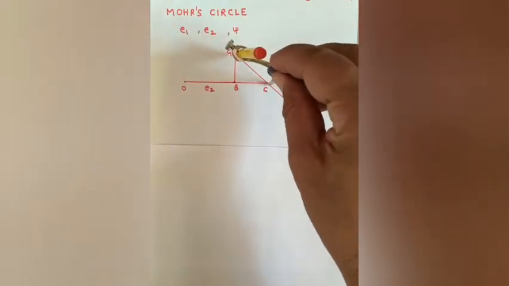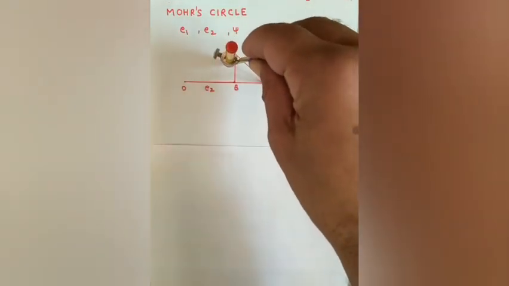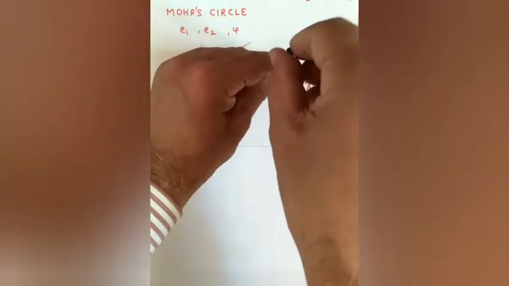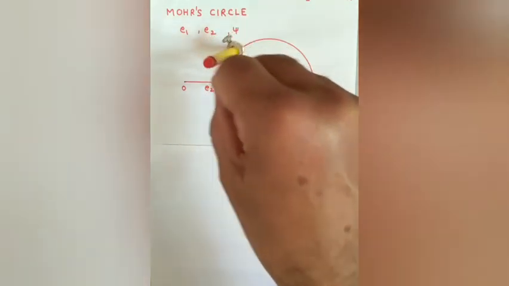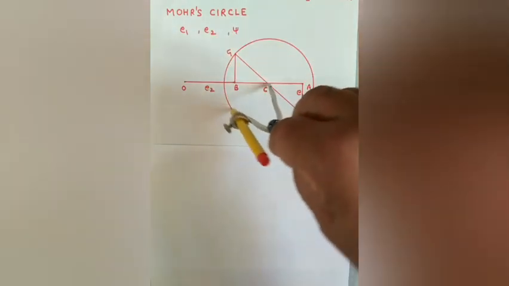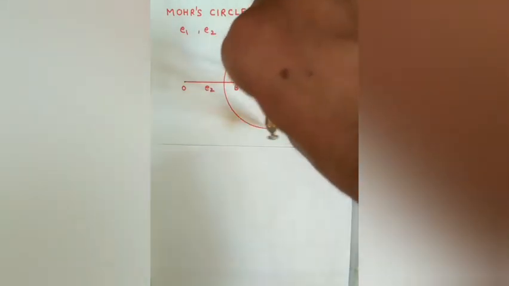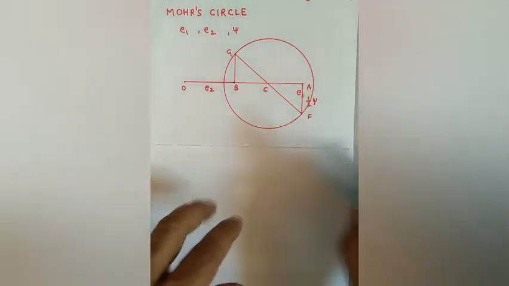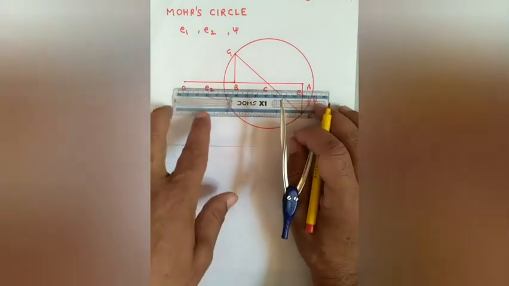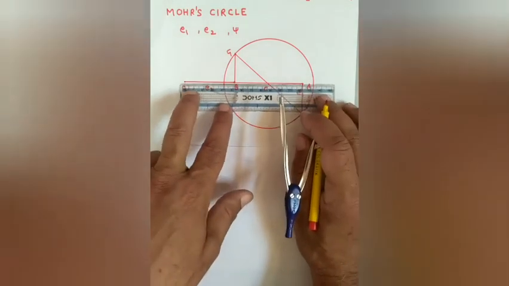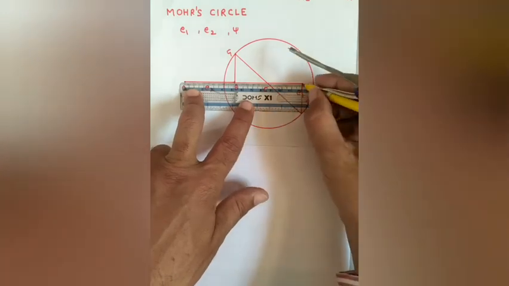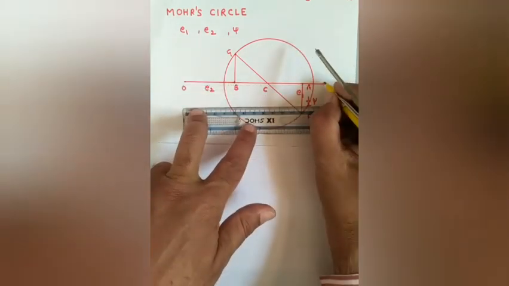So let us draw a circle with C as center and CG or CF as radius. So this is the Mohr circle, and as we have obtained principal stresses by the intersection points of the x-axis and the circle,